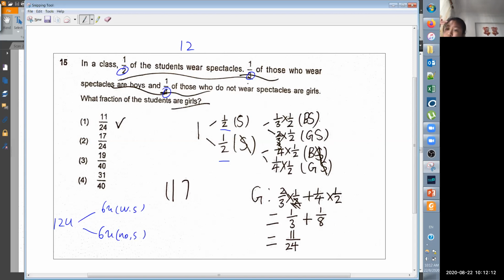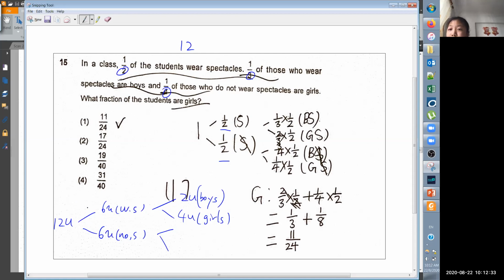Then 1/3 of those who wear specs are boys, so it means 2u boys, then 4u girls. And 1/4 of those who do not wear specs, so 1/4 of 6u is, in fact,